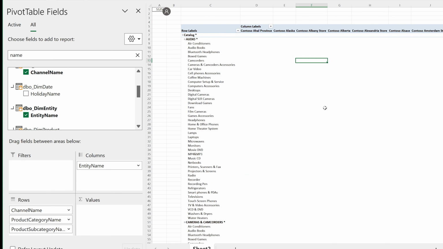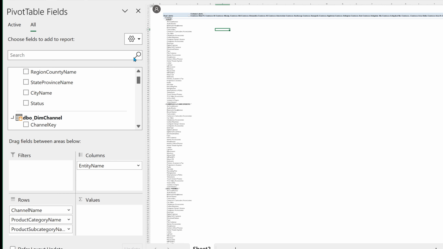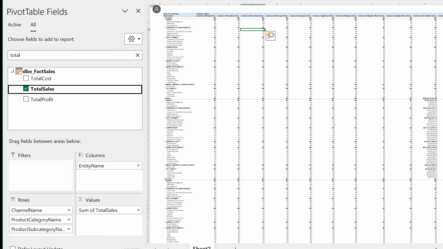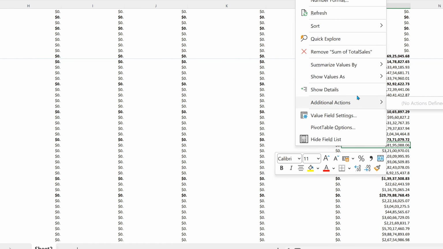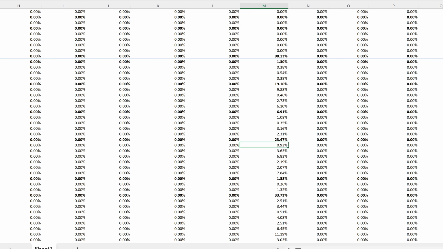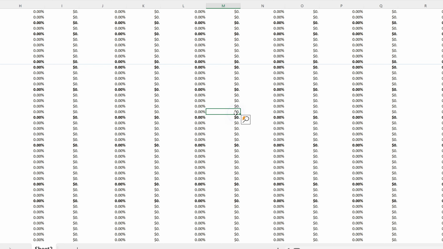I'm going to zoom out because it's going to be a large pivot table. And now let's add the sales. And now let's add the total sales. And to make it more interesting, I've also started a stopwatch. So now I'm going to drag total sales, drop it into values, and almost instantly it has done it. And you want to make it even more complicated? Let's ask it to calculate something based on this, which will require even more calculations. So I'm showing as column percentage. No problem. It's almost instantaneous. So that is the benefit of data model.